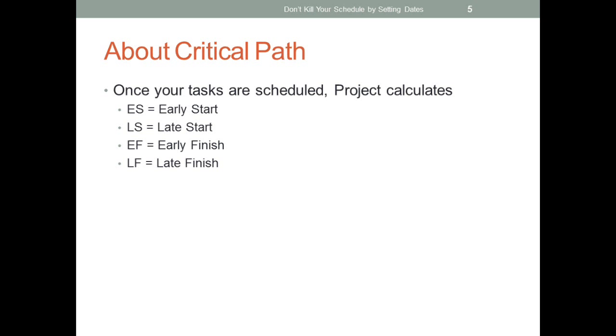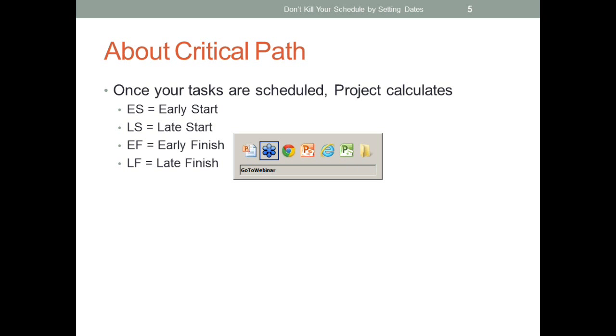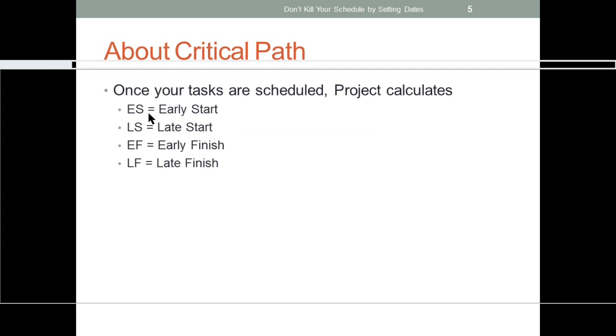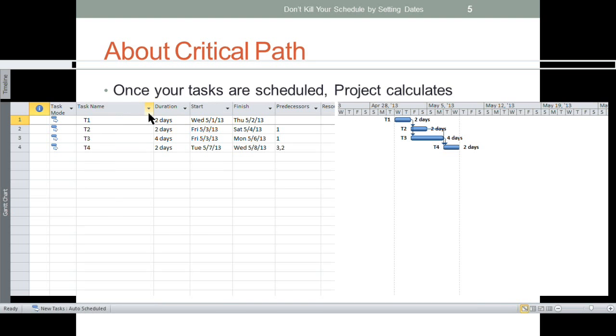When we talk about critical path in more detail, every activity in your schedule will have two sets of dates. One is called early start, early finish. Another is called late start, late finish. If you have been using the critical path method for a while, you might know these definitions much better. So for the benefit of all attendees, I'm going to move to Microsoft Project so that I can show you how critical path works.